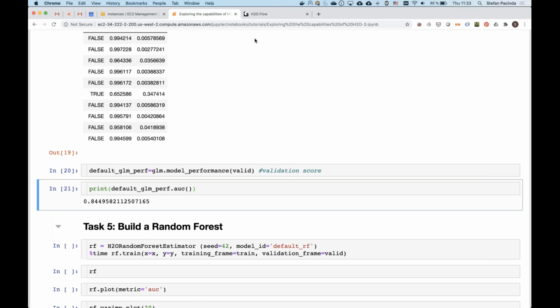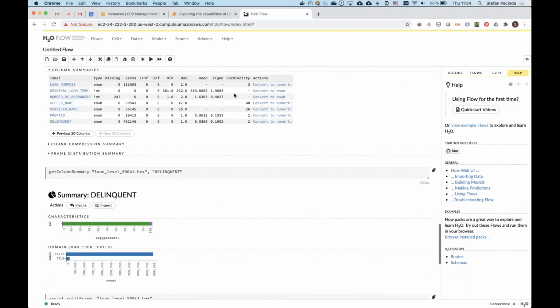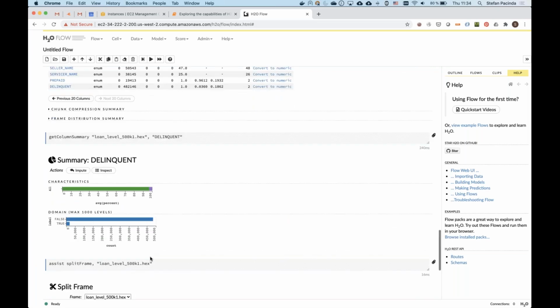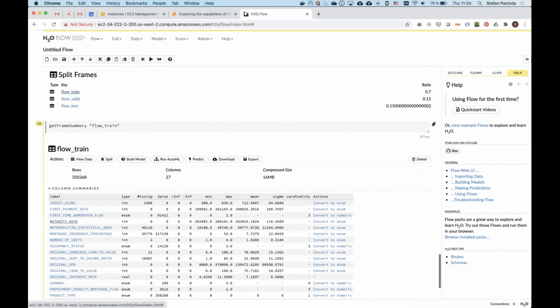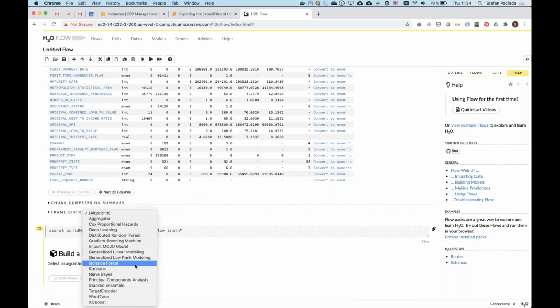So I will go ahead and try to do the same thing in Flow. I can do it in several ways. I can do it from the perspective of my frame. So I have created those splits. So I will say, okay, on this train frame, I will build a model. So I will select the GLM model,